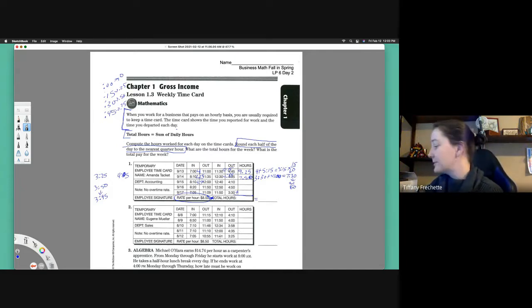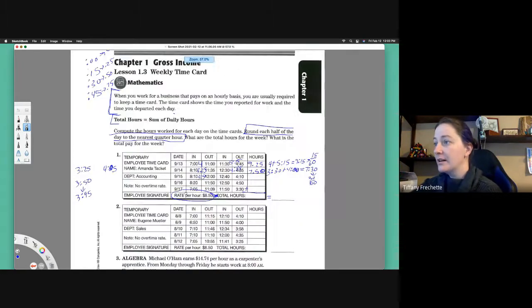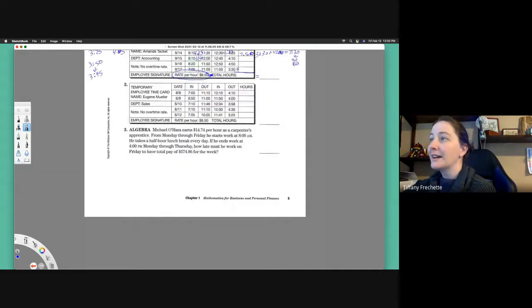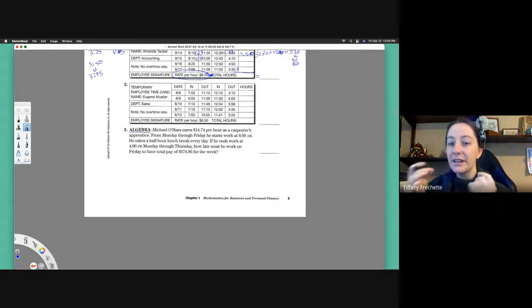You're going to do the exact same thing on the next time card, so nothing too crazy there. I wanted to take a look at this algebra one real quick. So again, the algebra ones doesn't necessarily mean it needs to be super hard, but they want you to think about it. They've given you some information. Now they want to see if you can